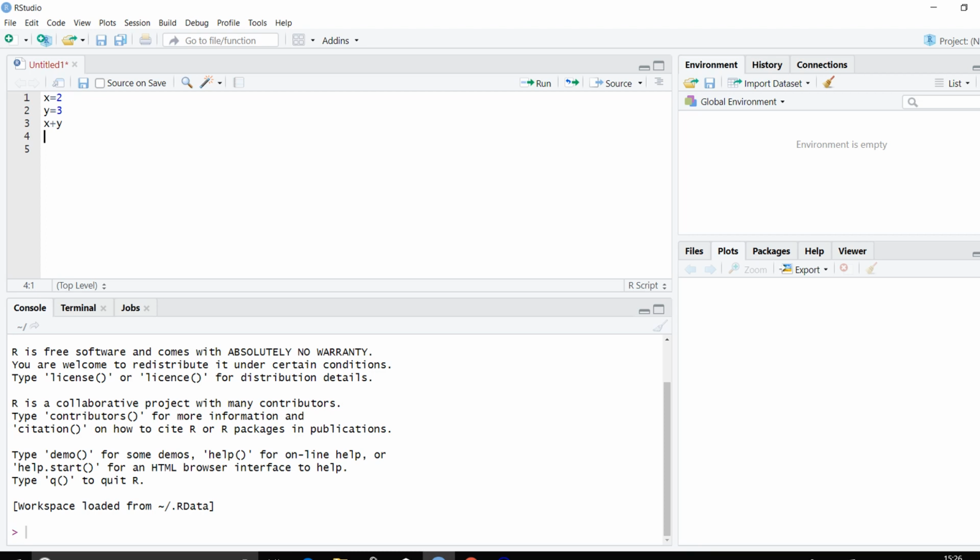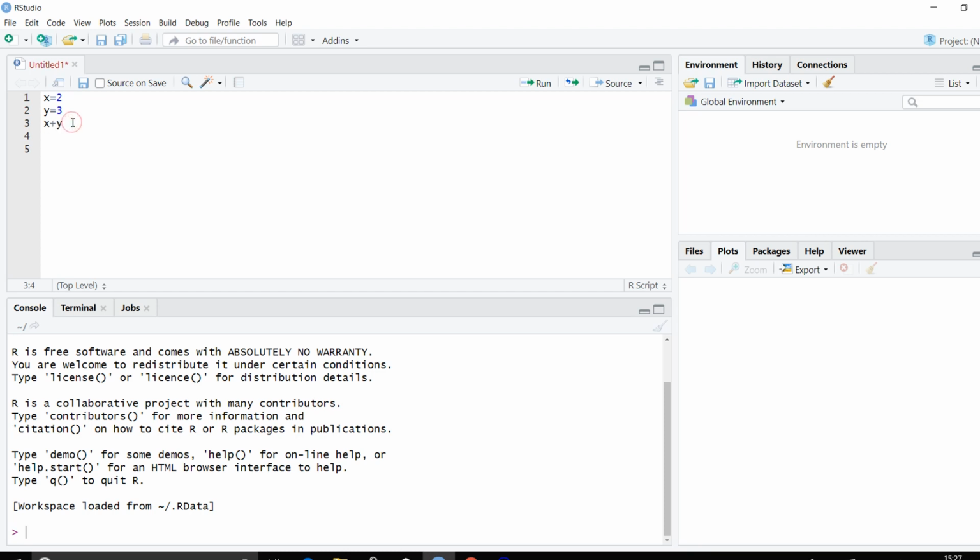So first of all, an object. In the last video, when I wrote x is equals to 2, y is equals to 3, I was basically saying that these are objects. X is an object that has value 2, y is an object that has value 3. And then when I added x plus y, I was saying that we'll add these two objects, whatever value they had, and write down that particular value.